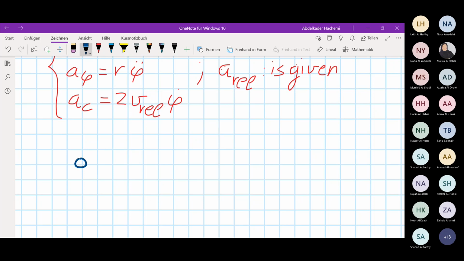We take A, this is the reaction, A phi, and we have the reaction here, AR,